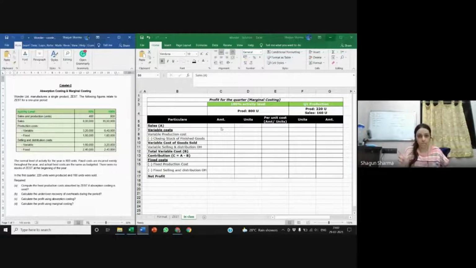What are my variable costs? My variable costs increase when my production goes up and they decrease when my production goes down. The classic example is if I manufacture shirts and I use cotton to manufacture them. The amount of cotton that I use goes up when I manufacture more shirts and it goes down when I manufacture fewer shirts. That's variable costs.